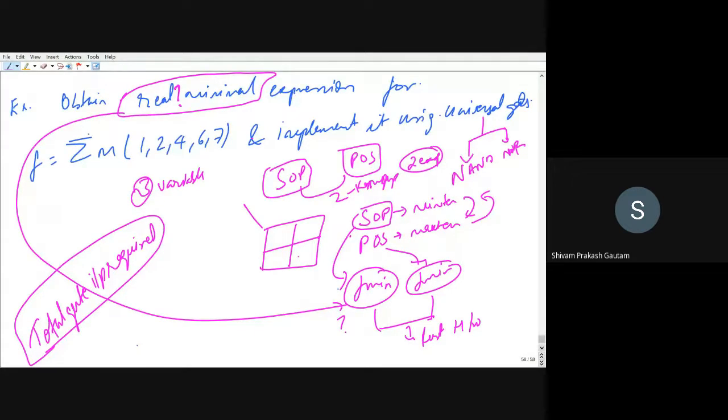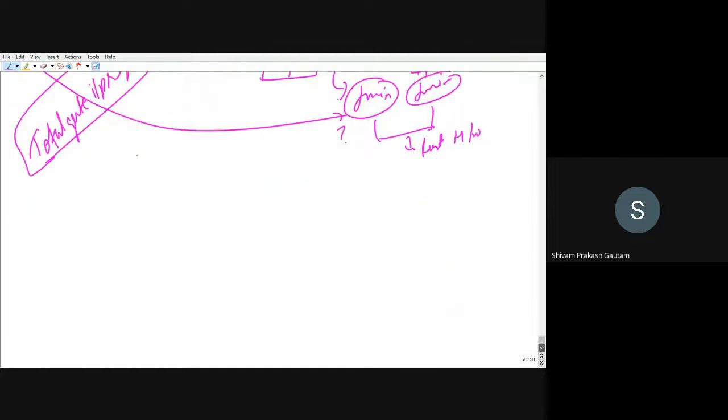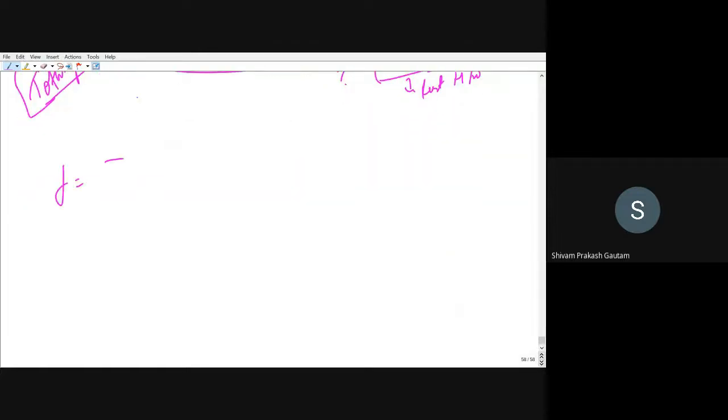So first thing is that we have to write the expression, that is f is equal to sum of min terms 1, 2, 4, 6, and 7. This is the min term form. You can calculate the max term here as well, that is pi m. 3 variables are there, so how can you calculate the max term? Whatever the remaining items are, since 0, 1, 2 are there, so 3, 4 is there, 5, 6, 7. So these are the max terms: 0, 3, 5. Is it okay at this point?